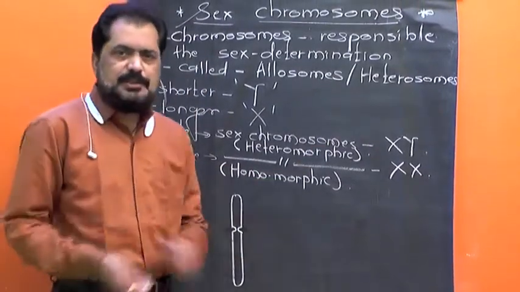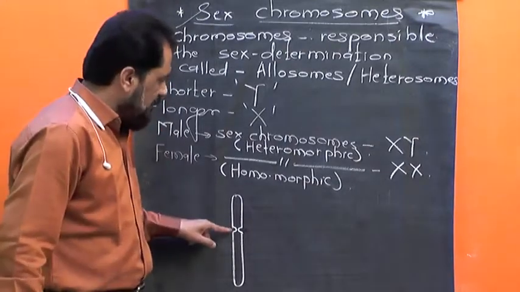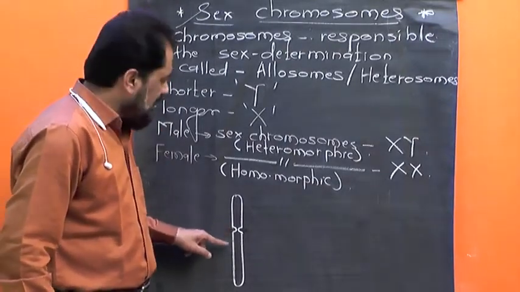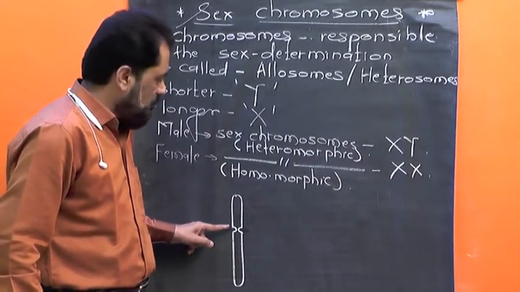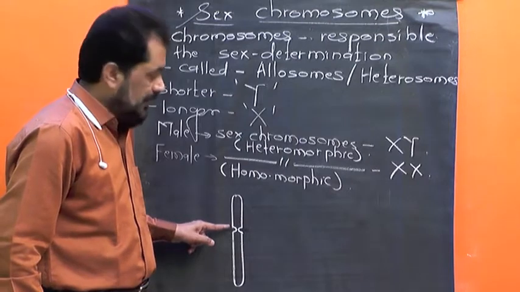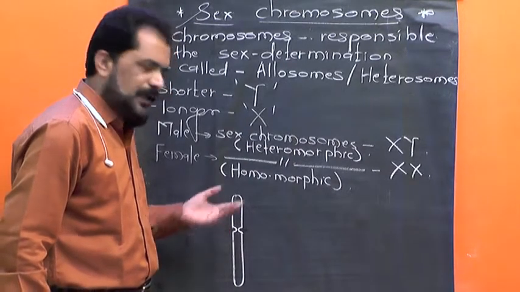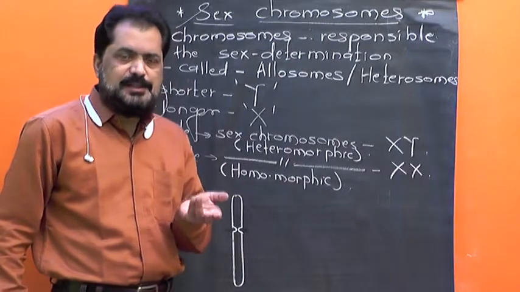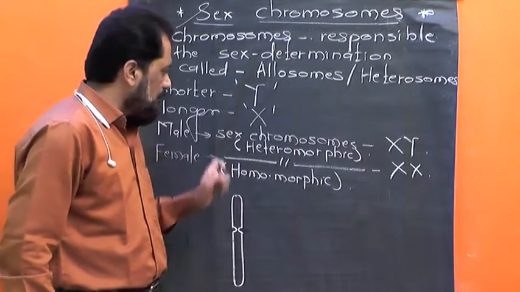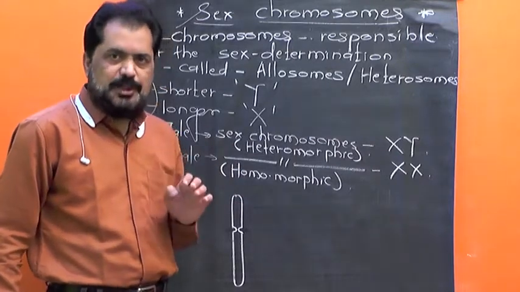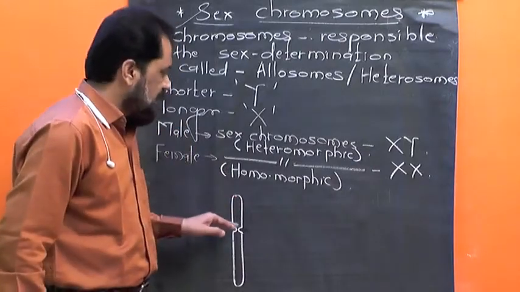In our previous lecture we have studied submetacentric, which means the centromere is present slightly away from the middle. Here I have shown the centromere, this primary constriction. It is not exactly at the middle, but slightly away from the middle, and such a chromosome is described as submetacentric. So the X chromosome is longer, rod shaped, length 5 to 5.5 micron, and it is